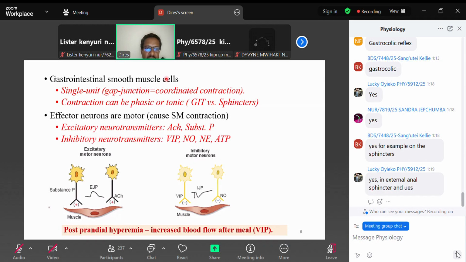And the other thing is, look, these smooth muscles are of two types in general. Most of the GIT, they are connected by gap junctions. You remember junction, gap junction and tight junction. So if the cells are connected by gap junction,